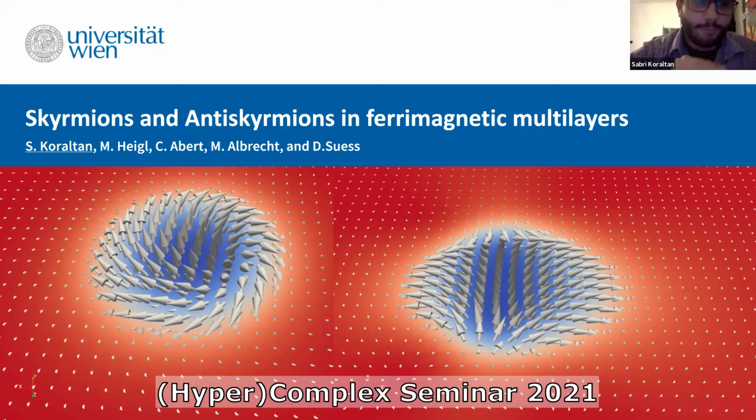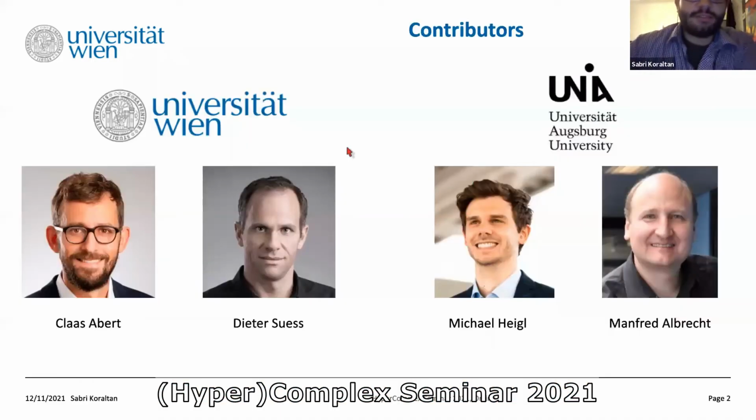And as you said, we will go into the lower dimensions, to the nano scale, and we'll have a look at some ferromagnetic multilayers and their property to host skyrmions and antiskyrmions. So first of all, this is a collaboration mainly between the University of Vienna and the University of Augsburg, and